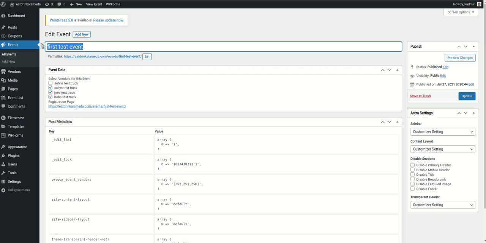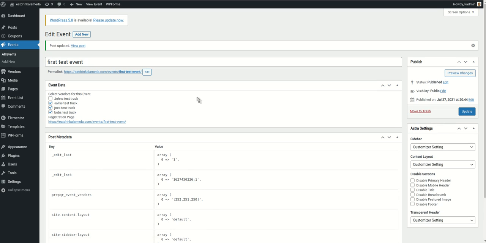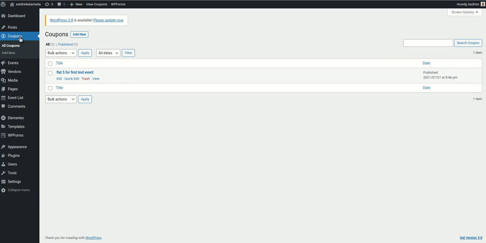So the first test event and which trucks are at that event, so we know which vendors are there. In this case, I'm going to leave just these 3, and that event is configured. The last part of the setup for this is the coupons. So this is the offer, and what I'm going to do here is I have a test one set up,